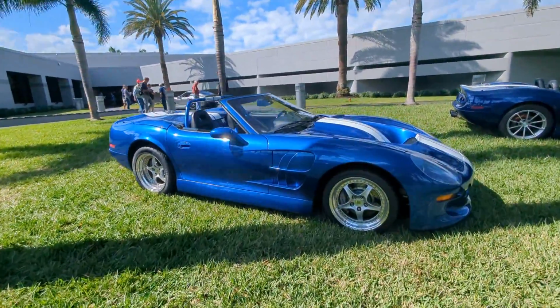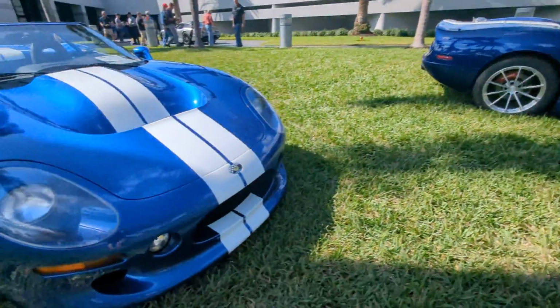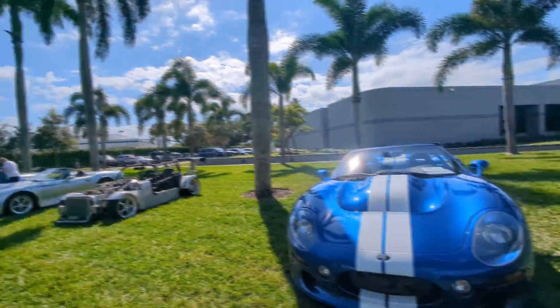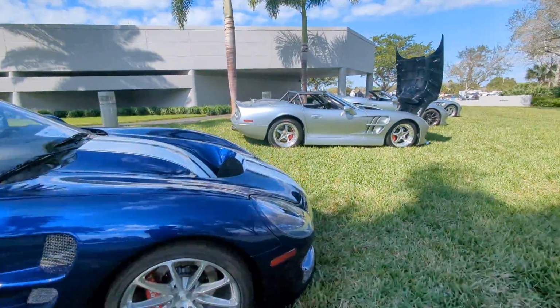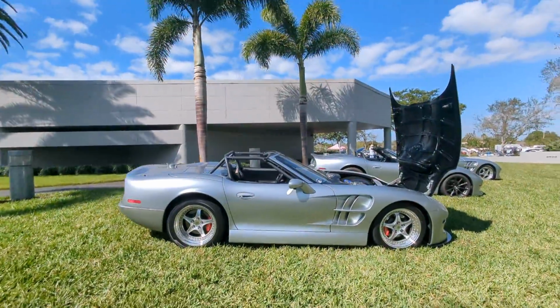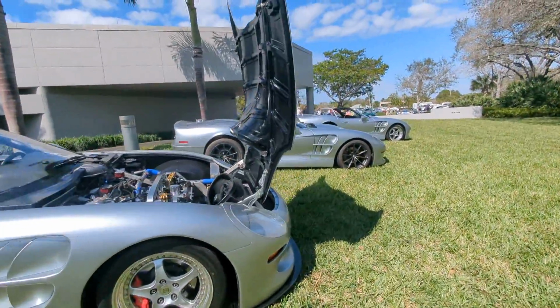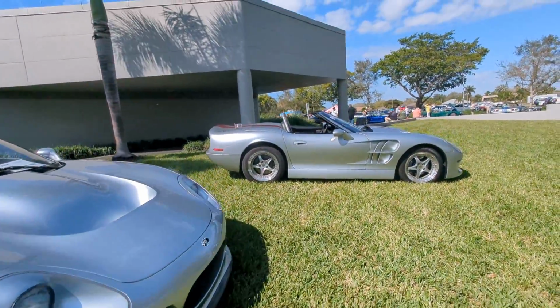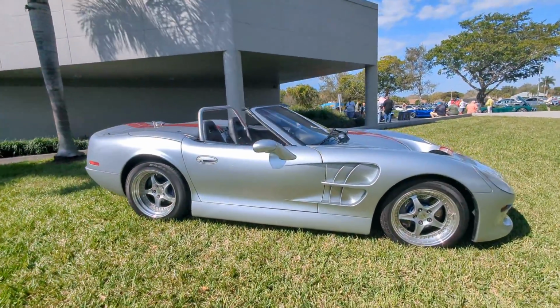So look at all these. I don't think you've ever seen so many Shelby Series 1s lined up in a row, have you? I don't think you have. There's just no way. So cool. I'll take you back to that other one in a second, and all the special ones here. There's a real Shelby Cobra here today too. These are all real Series 1 cars, but